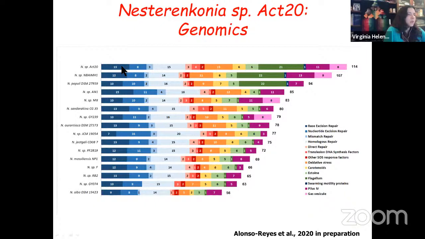With this information, we compare the genes that may be part of this UV resistance. So in this, you will see in different colors the genes responsible for the repairing of DNA, such as base excision repair, nucleotide excision repair, and so on. The subsystem of genes that may be included in the oxidative stress response, the ones that are maybe taking care of the photoprotection of the shielding that I told you before, which is carotenoids and ectoin, and also these ones that may be